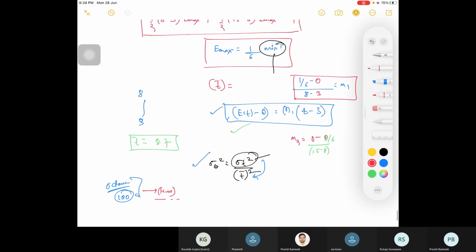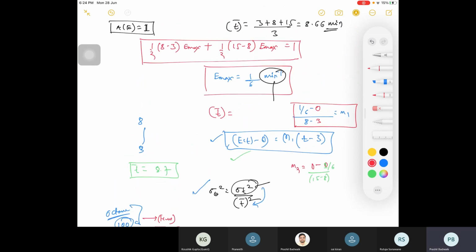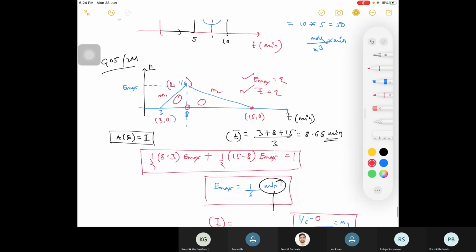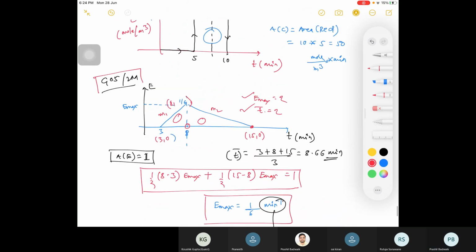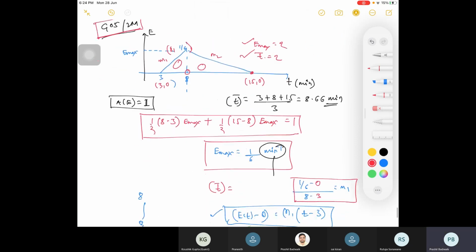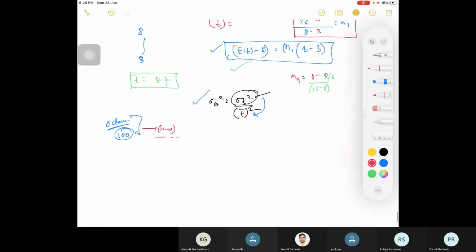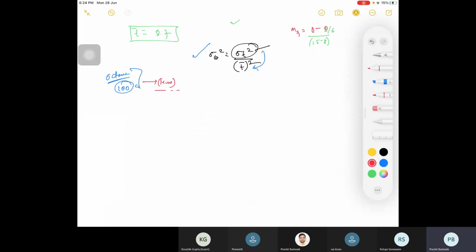Okay, then what I wanted to convey next. This question is GATE 2005, a 2 marks question. This is from Octave Levenspiel as it is. They are picking questions as they are from Octave Levenspiel. So the next topic is